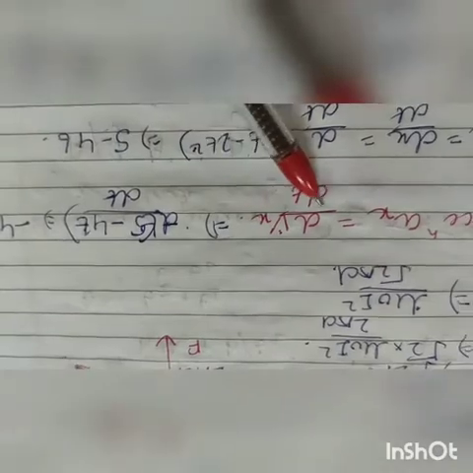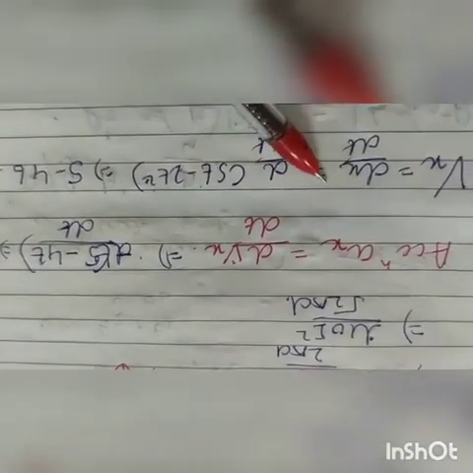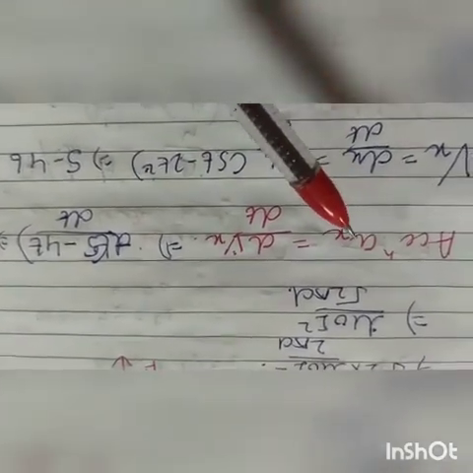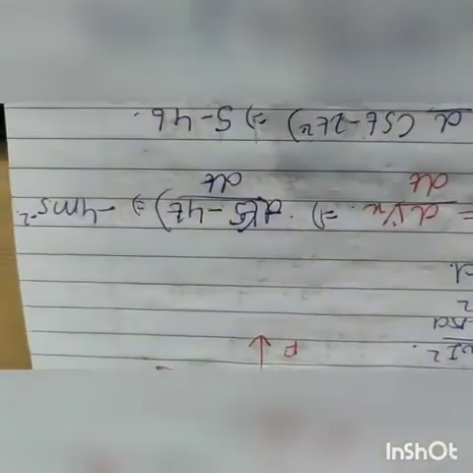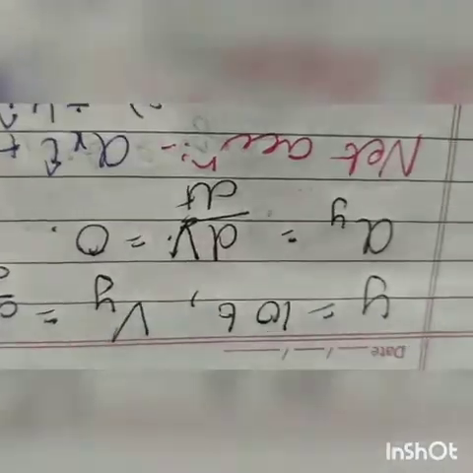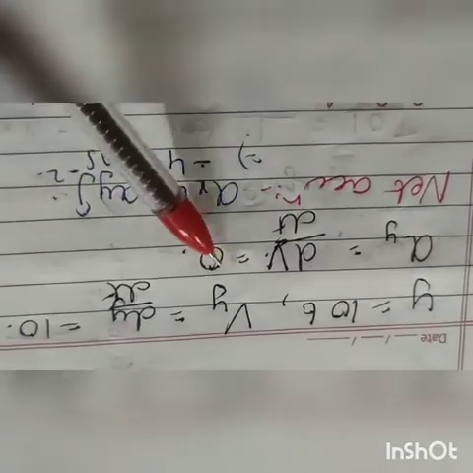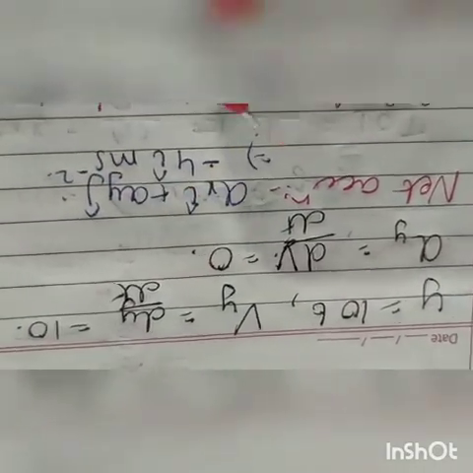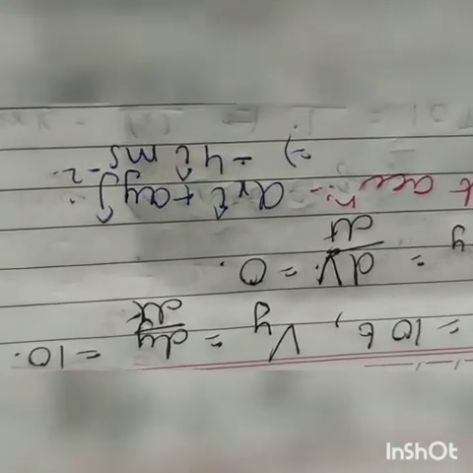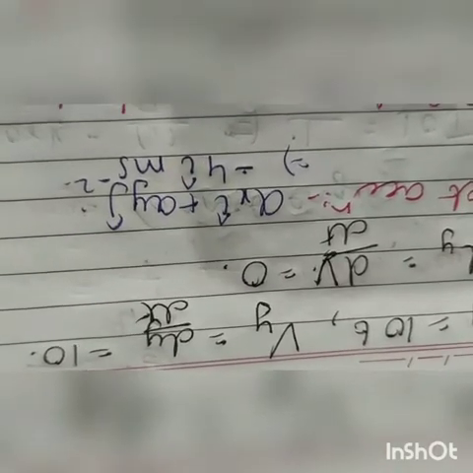From this we know that the double differentiation of x gives acceleration. So we get −4 meter per second square. Now also double differentiating y, we get 0. So net acceleration will be ax i cap plus ay j cap, that's −4 i cap meter per second square. So here the correct option is −4 meter per second square.